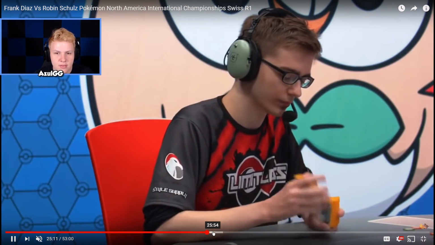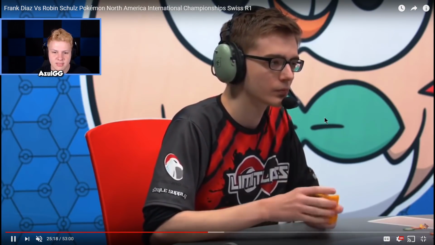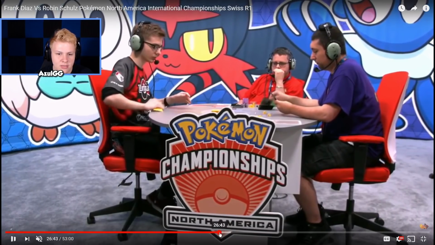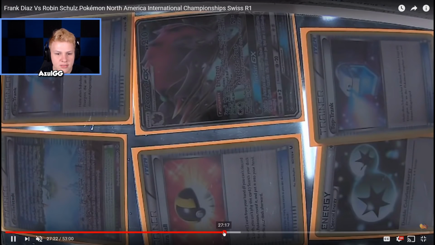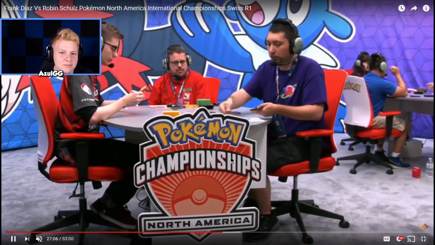Scooping saves time. What Robin's deck is really good at is controlling the game. So this actually opens it up for Robin to 1-0 Frank now that he's taking the first game. They're about halfway through the time, I think. Let's take a look. That's definitely Robin's deck with the double Max Potion. All right,